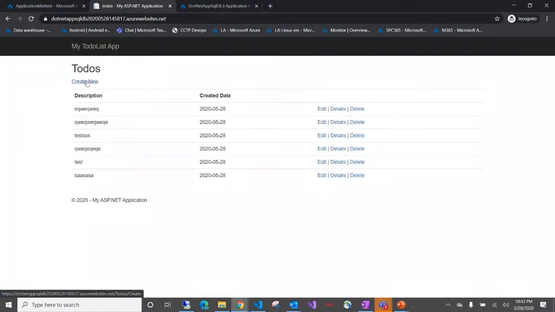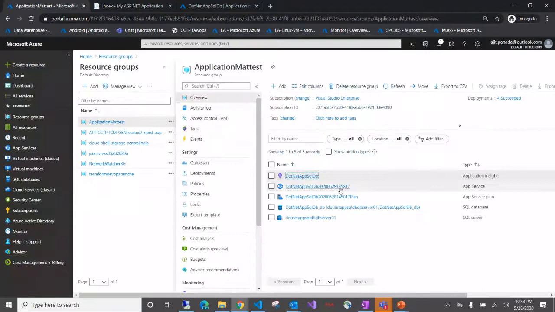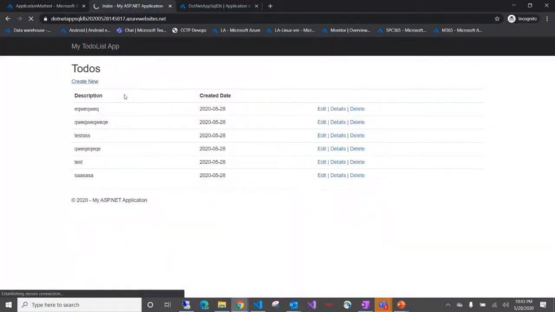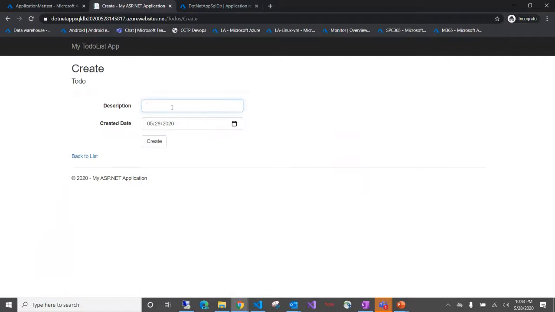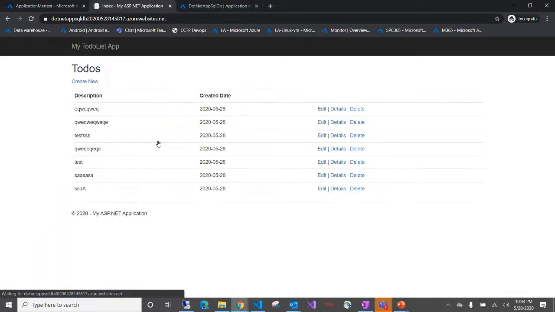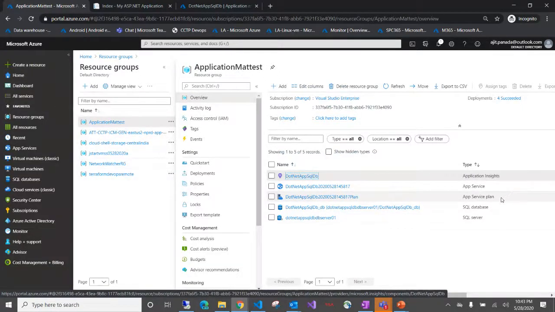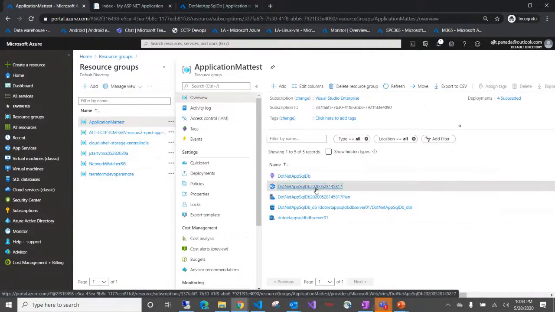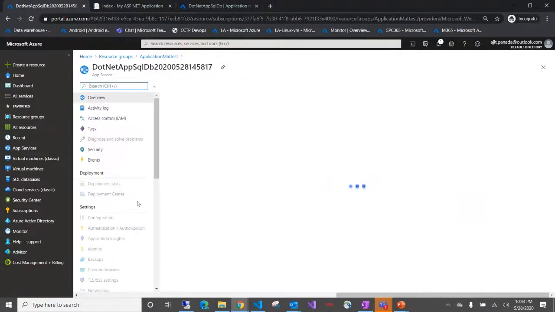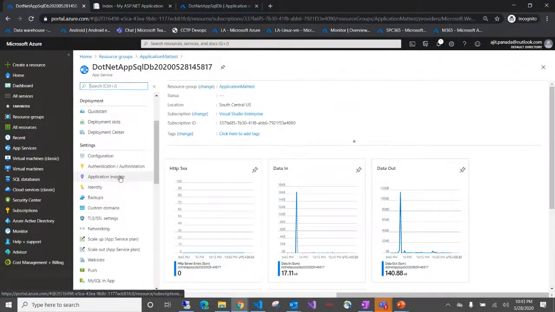Currently I have an application which, as you can see, is available in an App Service, and it does nothing fancy. It just creates some data, stores it in an SQL server, and retrieves and shows it. So how can we enable Application Insights for such an application? If it is available in App Service, it is very straightforward. All you need to do is go to your App Service. There will be an Application Insights tab available.